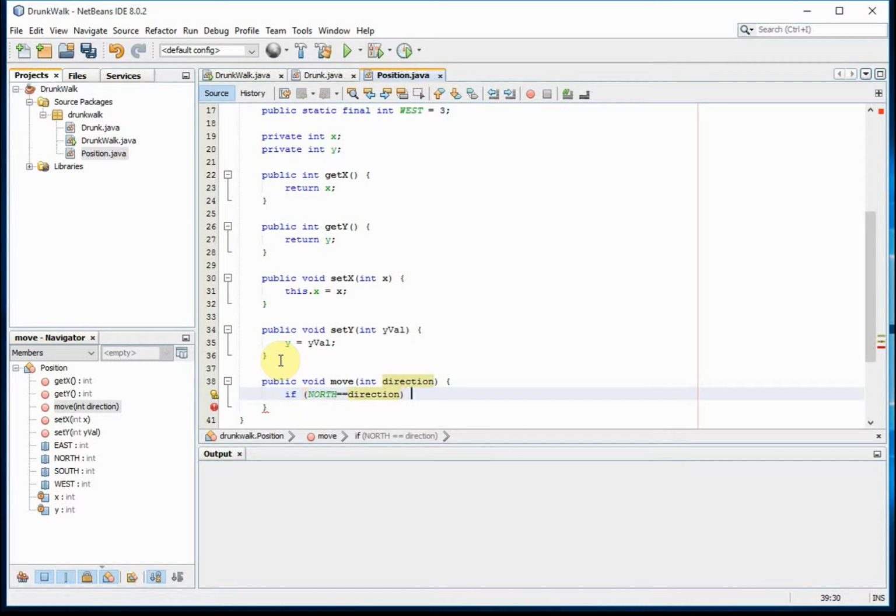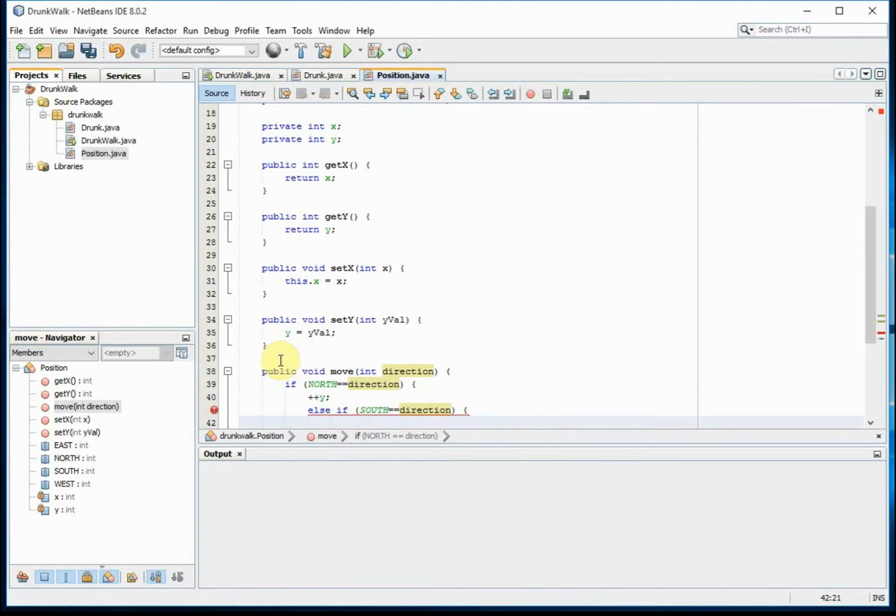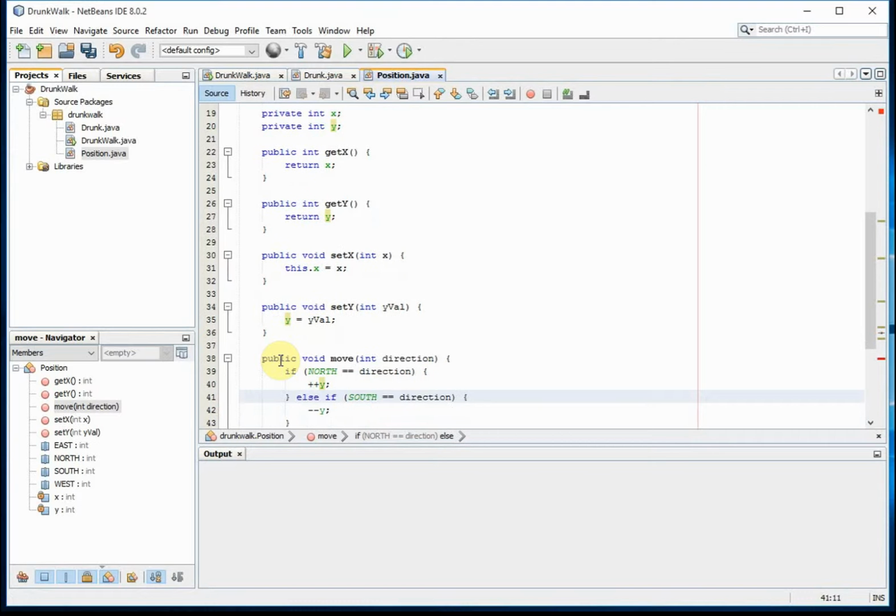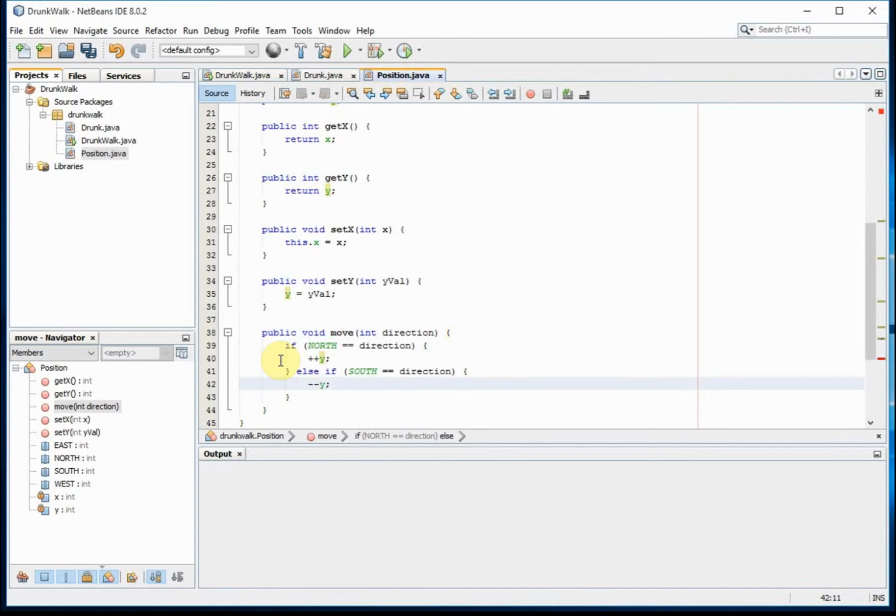So if north is my direction, that means my y value goes up. If south is my direction, my y value goes down. So we're going up and going down. Okay. Else if